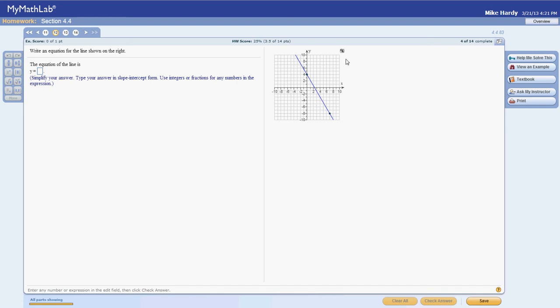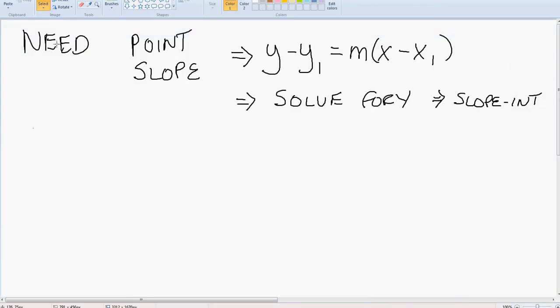Here's another chance to find the equation of a line given a graph. Now you remember from our last example, whenever we see that expression, find the equation of a line, what we need is a point and a slope. If we get those two pieces of information, or derive one of those two pieces of information, we can go